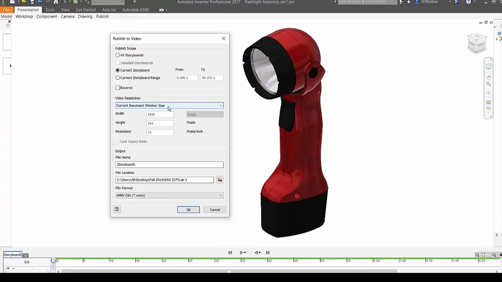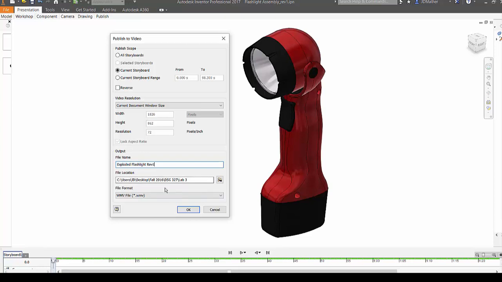Now this is one you might want to make sure you set up to a standard size before you start. And I'll call this exploded flashlight. I'm going to call this revision 1,